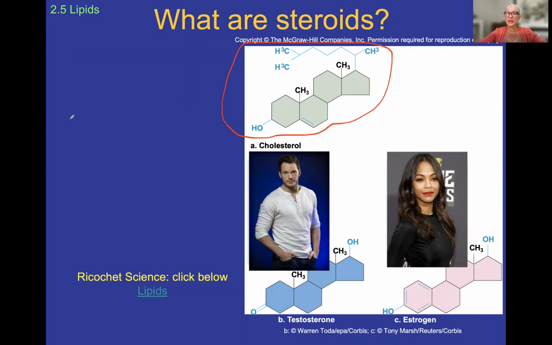And then we use that cholesterol to build things like testosterone or estrogen. So examples of the sex hormones. You like my choice for pictures here. So on your